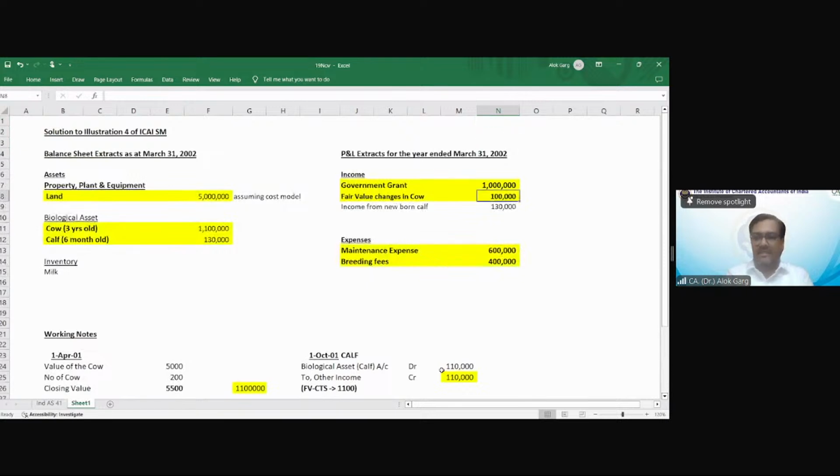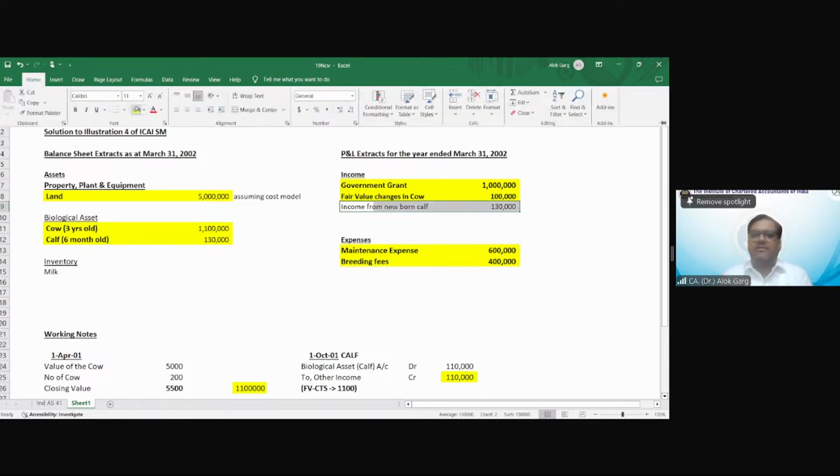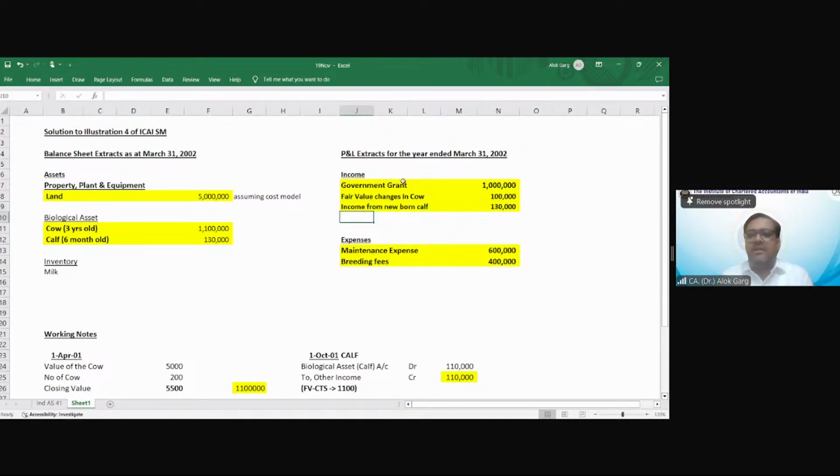Sir, if there were an OCI account here, would these fair value changes go to OCI? No, not in OCI. This fair value change will go to P&L, not in OCI. It is not an OCI item. There is nothing called OCI account. If you see the Parag Milk and Food balance sheet, P&L, you will not find this item in OCI.